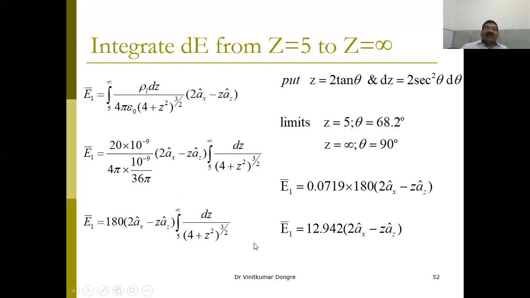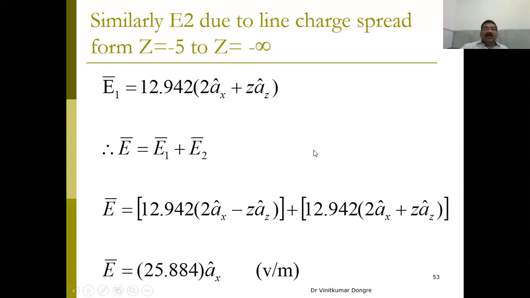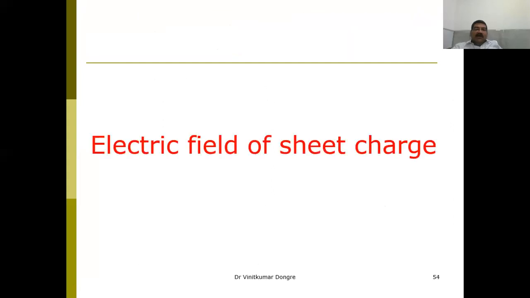The same thing you can find for E2. Only the limit changes. In E2, only the sign will change because the rest of the things are the same. If this is minus a_z, it will be plus a_z, so the z component will get cancelled. You just find these two things and you will get the answer. So this is the simple implementation of your derivation. Okay. So this is the answer. Now, is there any question? If there is, you can ask.